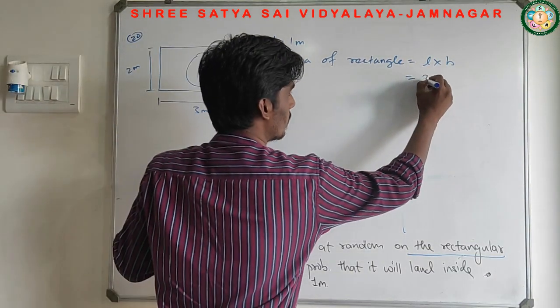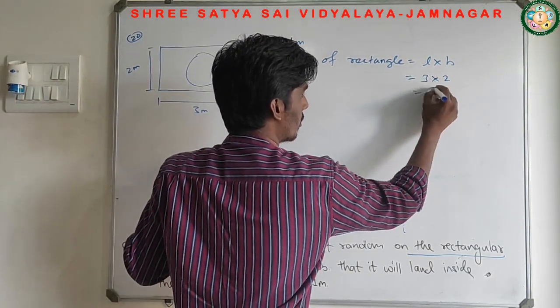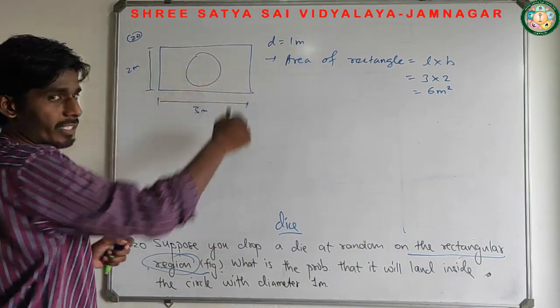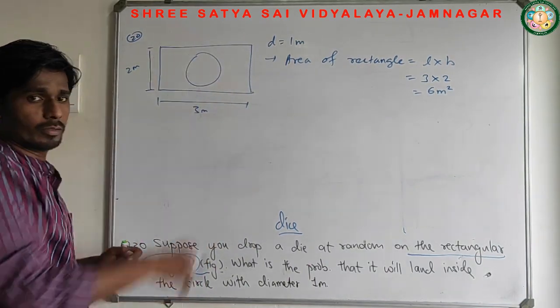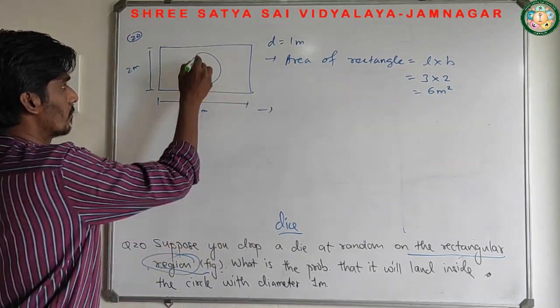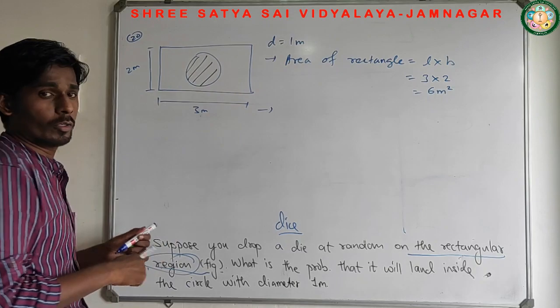What is the length here? It's 3. Breadth is 2. So it will be 6 meter square. This is the area of this whole region or rectangle where the dice is going to fall. Second one. Now this is the what? This is the region where we have to make the